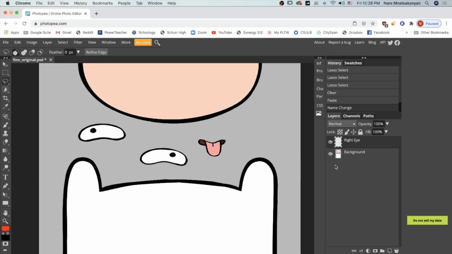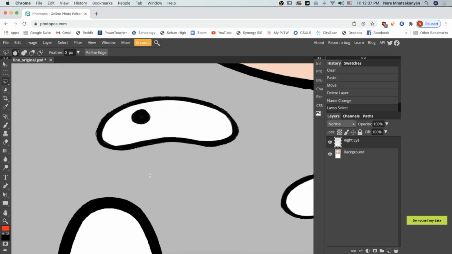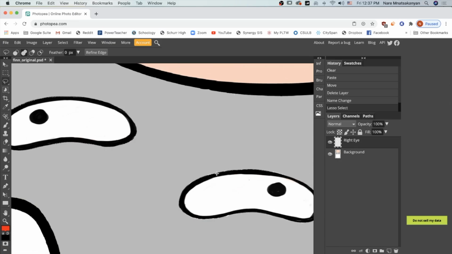At this point, you want to do the exact same thing to the other eye and the mouth. You want to start tracing it. Then you want to cut and paste it. Before I end this video, I do need to point out that when you are selecting the other elements of Finn's face, such as the eye and the mouth,